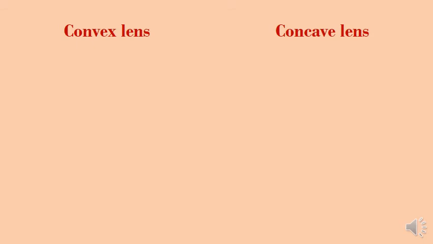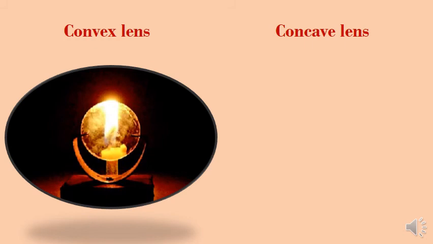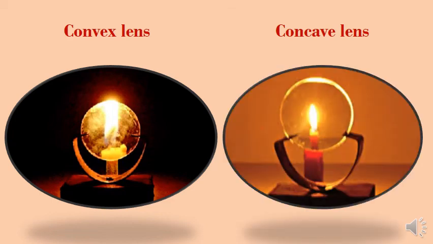Now we are going to see how the candle looks from the other side of the lenses, in both the cases, convex and concave. Here is the convex lens. The convex lens basically converges or bends the light inward falling on it. Okay, so this is for the convex lens. And the concave lens diverges or bends the light in the outward direction. So this is called a diverging lens, and the convex lens is called a converging lens.